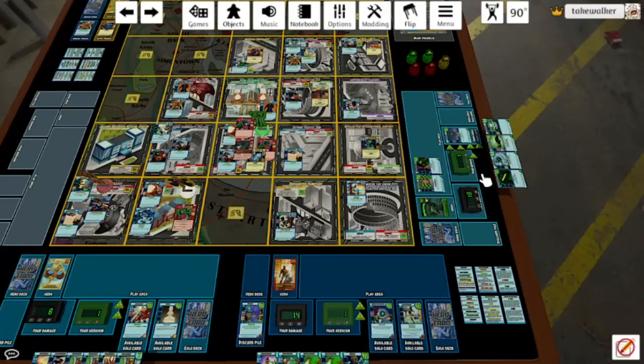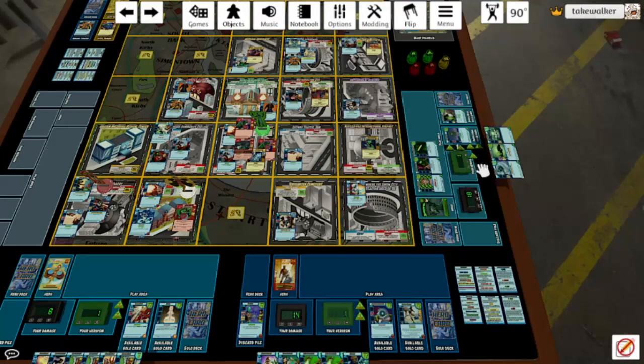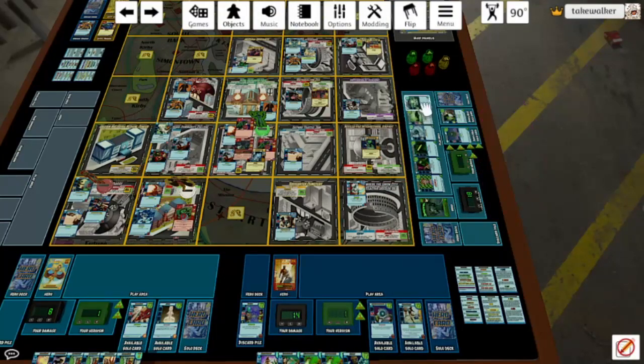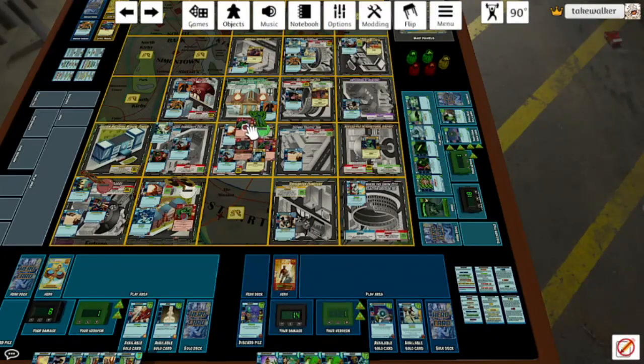I always do this. I always end up training for so many cards when you're not supposed to be able to, really. Alright, so we'll go ahead and play that. That says increase the printed might on custom Sterret cards by 2. I unfortunately don't have any. In fact, all I have is the Emerald Deathmobile. I got 3 speed. I can use the Deathmobile to get 3 might, which will let me take out 1